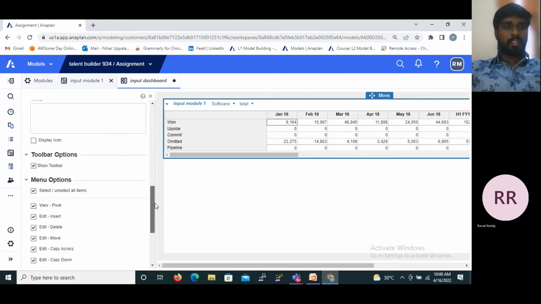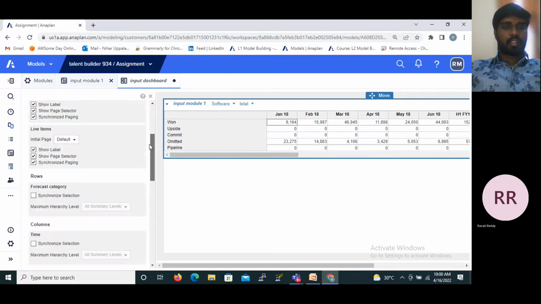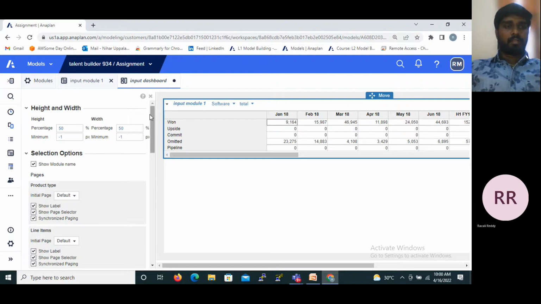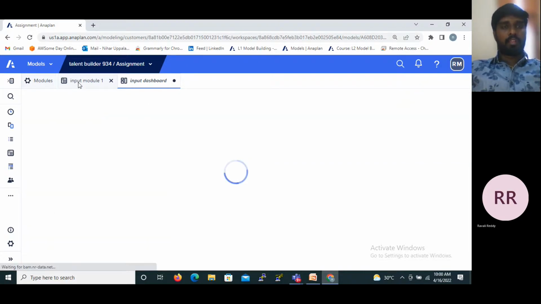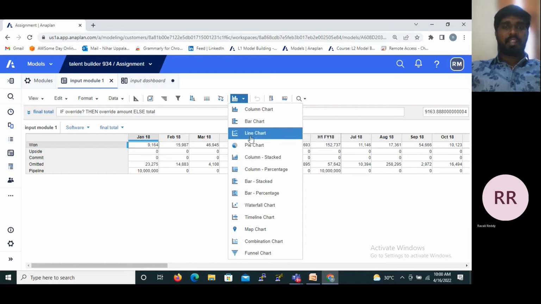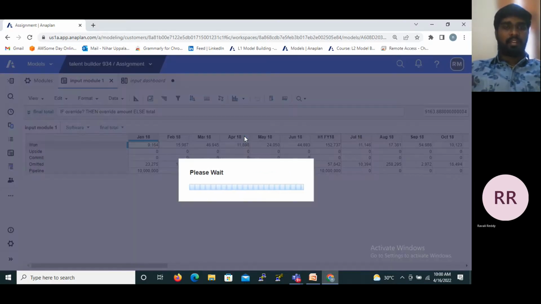Here we have different options. And I'm going to show you one more time. To get charts in this, we have to click here. We have different types of charts: column chart, bar chart, line chart, pie chart, column stacked, column percentage, bar stacked, bar percentage, waterfall chart, timeline chart, map chart, combination chart, and funnel chart. For example, I am taking the line chart here. By clicking on it,